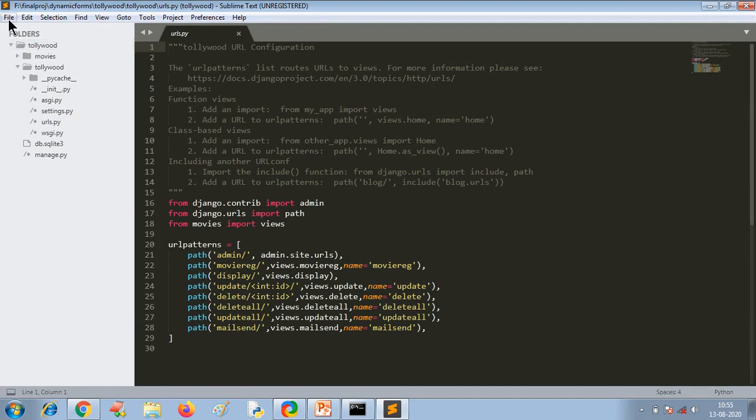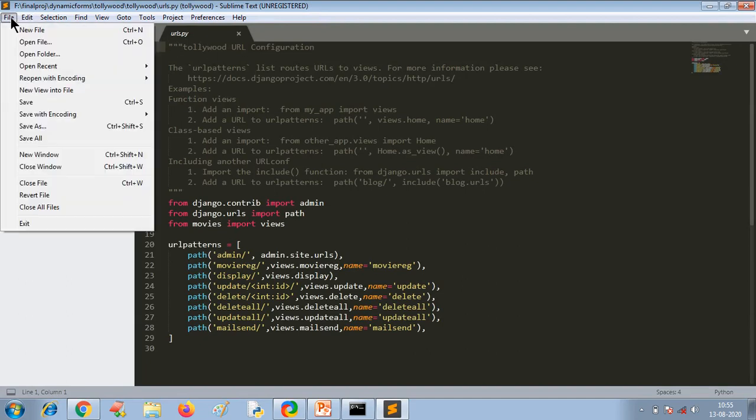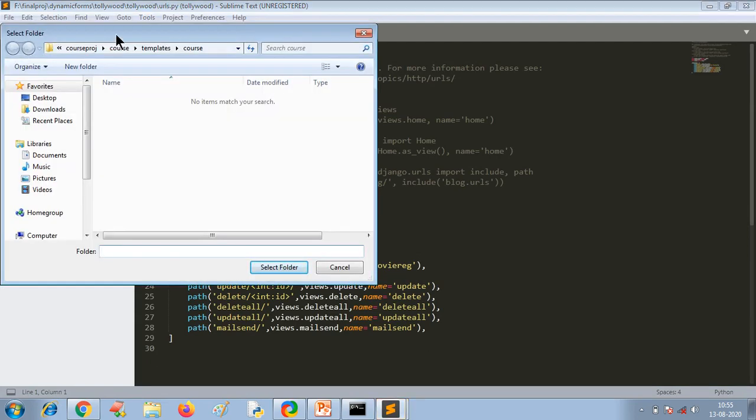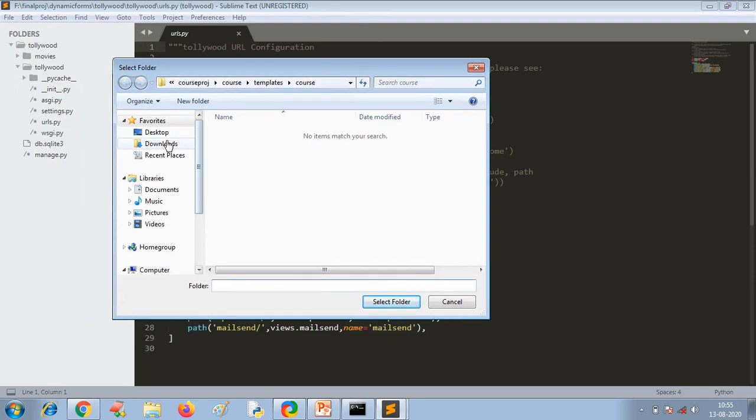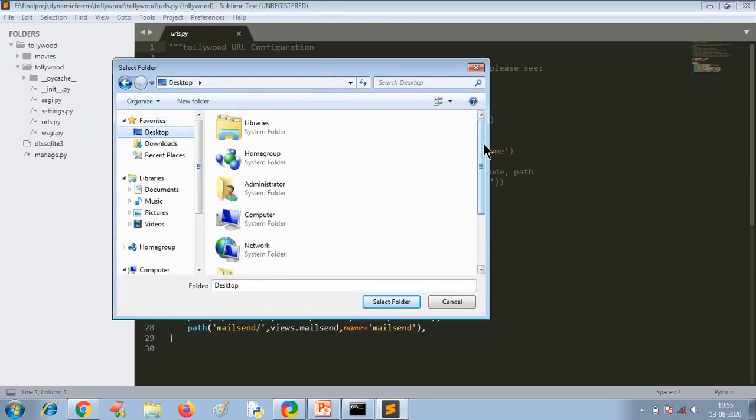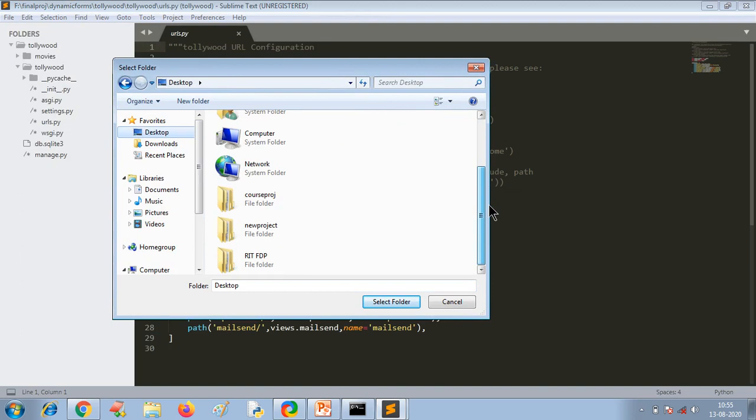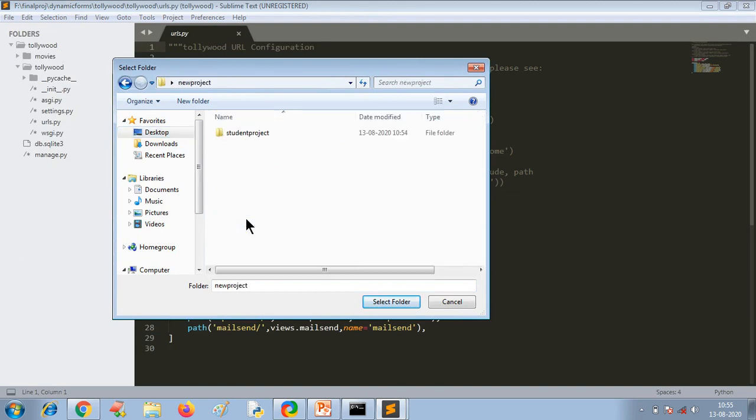Now to open your project, you simply go to File, Open Folder. See, I have created the project on the desktop. Project name is student project. Again, when you open this, you get another student project, and student is the app here. So you just go back and open the project itself.